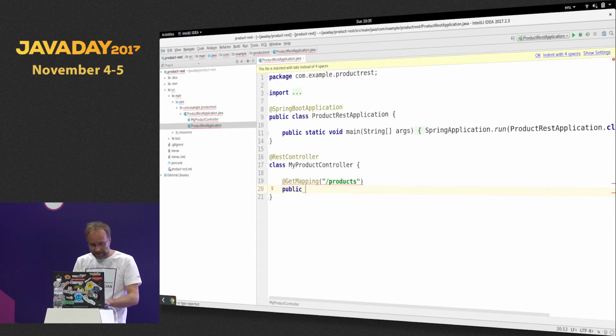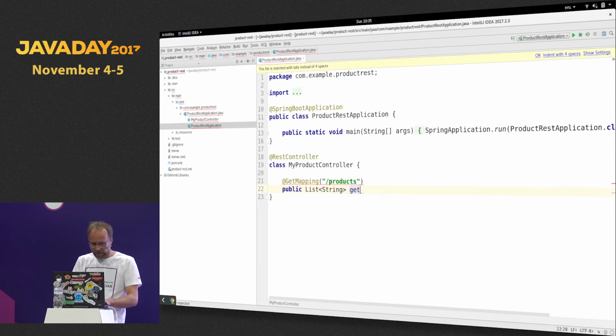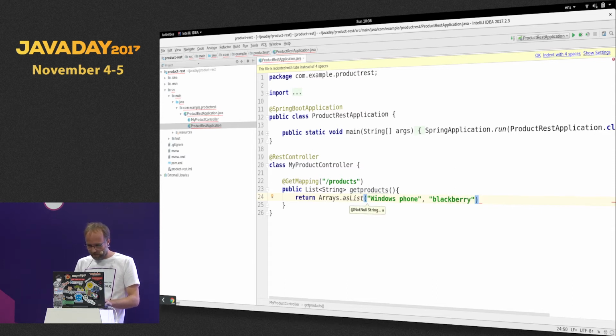What do we return? A list. Yeah, we return a list of string, I think so, and it's get products. Okay, and that's it. And I just return arrays as list. Okay, and here just Windows Phone, BlackBerry, all really modern phones. Just to make the point that it will be different. So my REST service is done, and again I need to